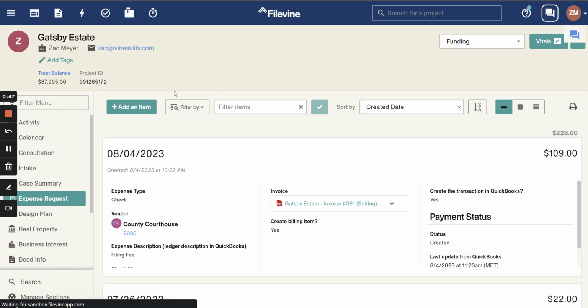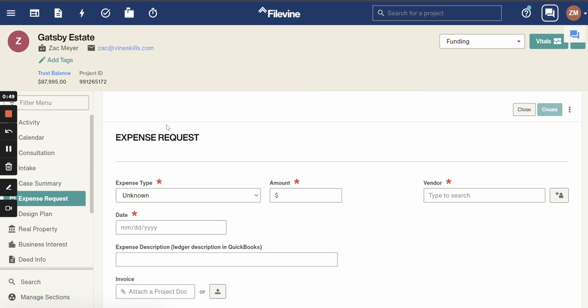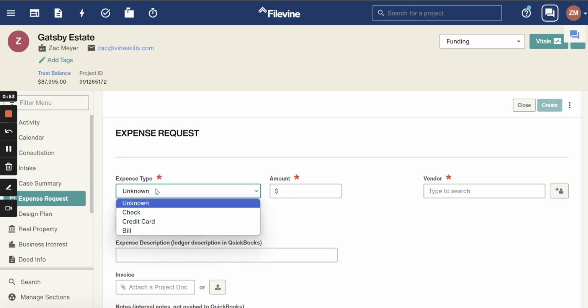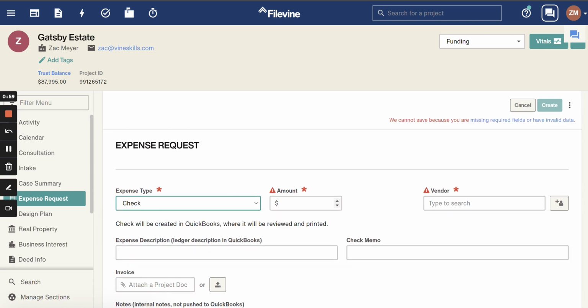So we'll go ahead and start by clicking Add an Item, the big green button, and then this first drop down called Expense Type. You'll notice we have the option to push a check, a credit card, or a bill. We'll walk through each of these, starting with the check. So we'll say this check's for $100. Our amount is required, our vendor is required,